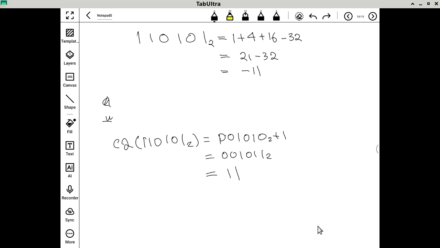Remember, two's complement is the same thing as arithmetic negation. So if the arithmetic negation of 110101 is 11, that means the pattern itself is negative 11, because the negation of 11 is 11. Are we doing okay? Yep,